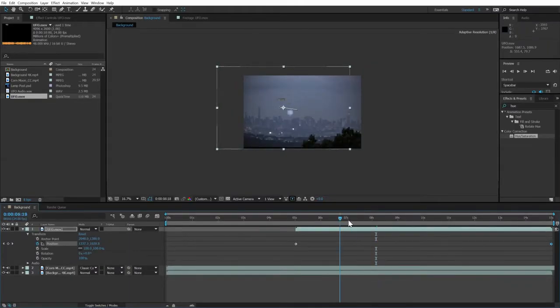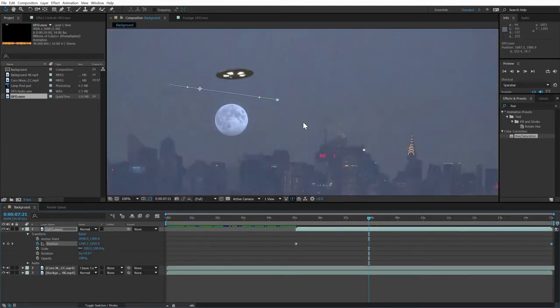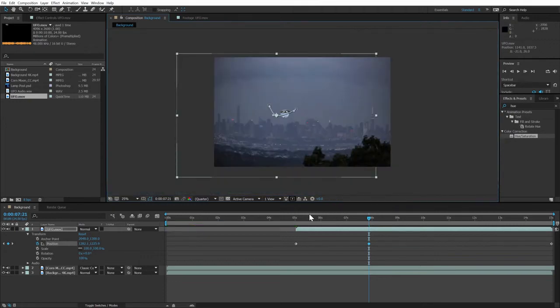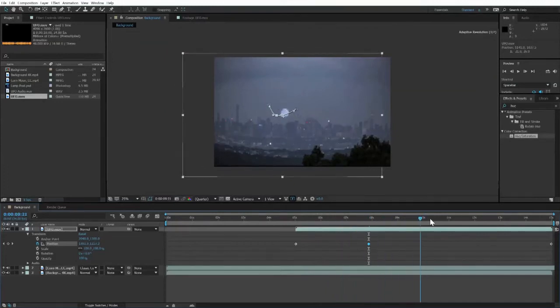Well, if you scrub to the middle of the timeline, you can see that the UFO is close to passing in front of the moon. So if you just drag the layer down, you can see that a new keyframe is created, and Bezier handles have appeared that'll let you further tweak the shape of the path if you like. Almost everything in After Effects can be animated with keyframes, including effects. If you zoom out to see where you are so far, you'll see that the ship's motion is great now,